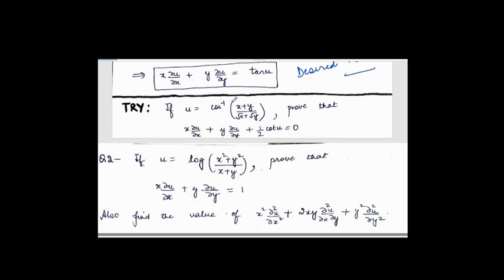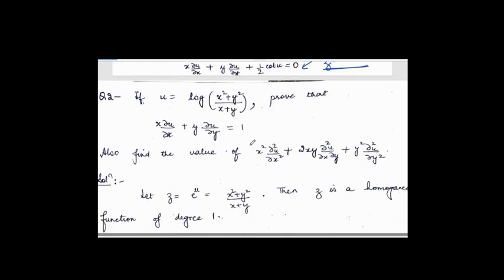So similarly here also, look at this. This is a try problem. You can try it on your own. It's exactly on the same lines as the above question. The only thing is that instead of applying the theorem to u, you are going to apply it to cos u. So you'll call cos u as z and apply the theorem to z, and then from z you will relate the derivatives and get this result related to the derivatives of u.